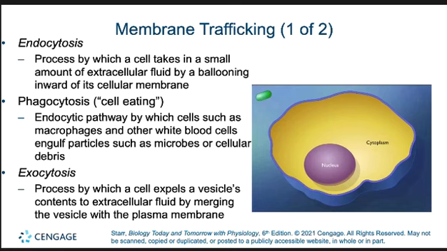Now, vesicle transport is a type of active transport that requires ATP to move membrane-enclosed vesicles from one location to another. In endocytosis, the cell membrane pulls something in from the outside. Could be a solid, could be a liquid. If it's a solid, we call it phagocytosis, okay? And if it is a liquid, we call it pinocytosis. Okay? Pinocytosis.